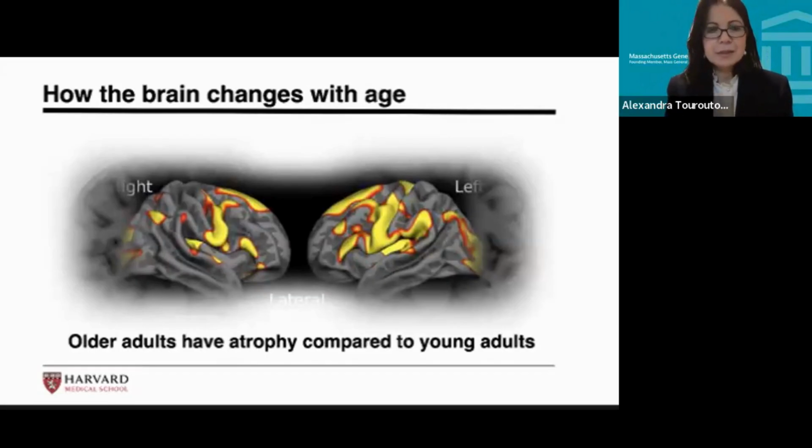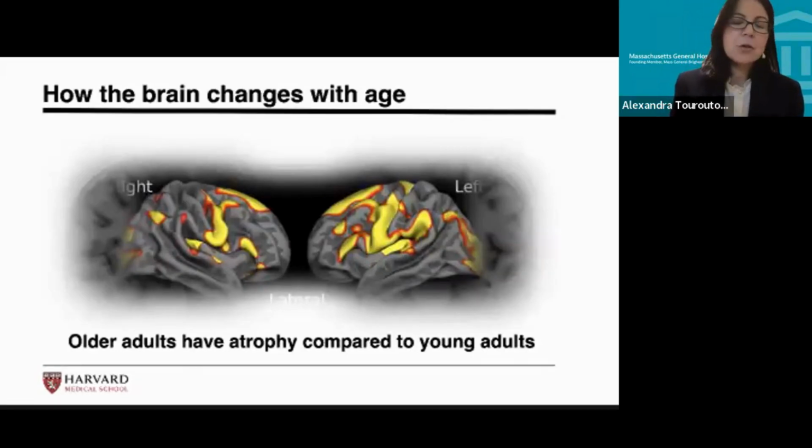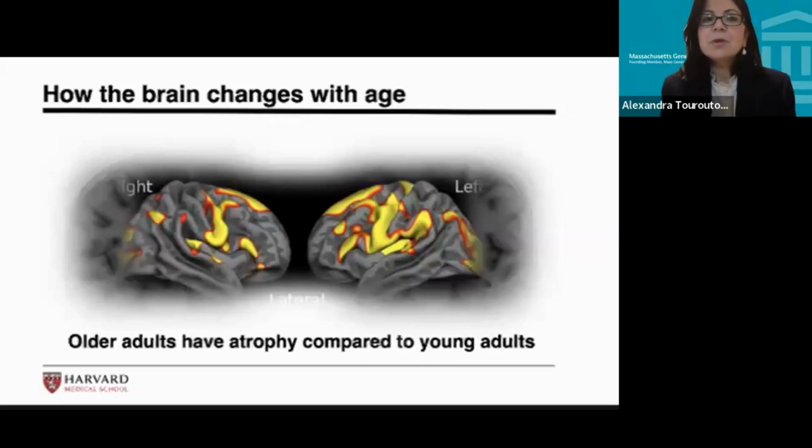And so we were very interested in pinpointing what is neuroanatomically different in their brains compared to their peers and compared to young adults. Before I show you how a superager looks, let me show you how the brain of a healthy, typical older adult over 65 years old looks when compared to an average young adult